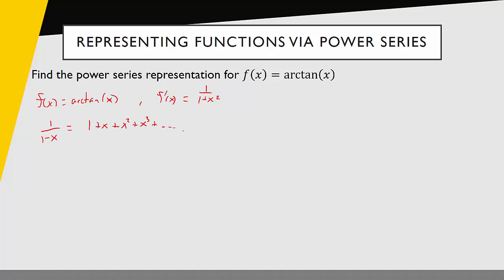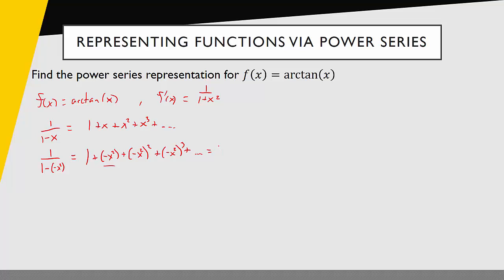That means if I use substitution and I replace x with negative x squared, then I'll get 1 over 1 minus negative x squared, or 1 over 1 plus x squared, which should be 1 plus negative x squared plus negative x squared squared, negative x squared cubed, plus dot, dot, dot. And I can simplify this if I look at all the individual terms. If I'm raising them to odd powers, then that negative sign will stay. If I raise it to even powers, it will turn positive. So I have an alternating series here,